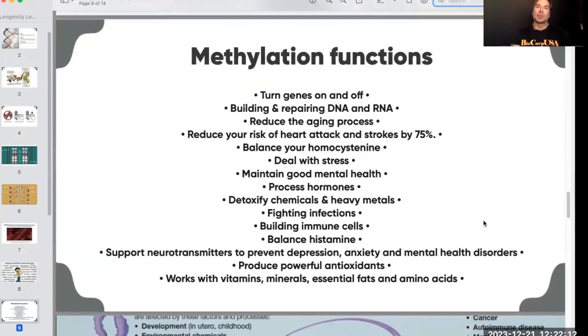So let's talk a little bit more about methylation. Remember, methylation is the traffic light that controls the traffic. And here are some of the main functions of methylation, if it works the way it should. Turning genes on and off, building and repairing DNA and RNA. It reduces the aging process. It reduces the risk of heart attack and stroke by 75%. It also reduces the risk,